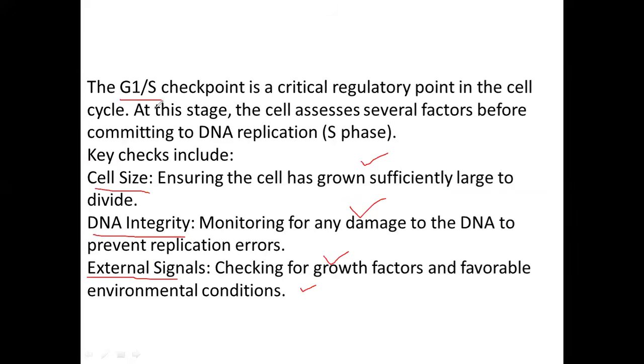డన్. సో ఎప్పుడైనా సెల్ ప్రాపర్ గా గ్రో అవ్వకపోయినా, డిఎన్ఏ అనేది ఏదైనా డామేజ్ ఉన్నా ఆర్ ఎన్విరాన్మెంటల్ కండిషన్స్ ప్రాపర్ గా లేకపోయినా ద సెల్ గ్రోత్ విల్ బి స్టాప్ దెన్ అండ్ దేర్. డన్. సో దీస్ ఆర్ ది మెయిన్ ఫంక్షన్స్ ఆఫ్ చెక్ పాయింట్స్, బట్ స్పెషలీ G1S చెక్ పాయింట్ లో ఈ 3 మెయిన్ పాయింట్స్ అనేవి ఉంటాయి. నెక్స్ట్,